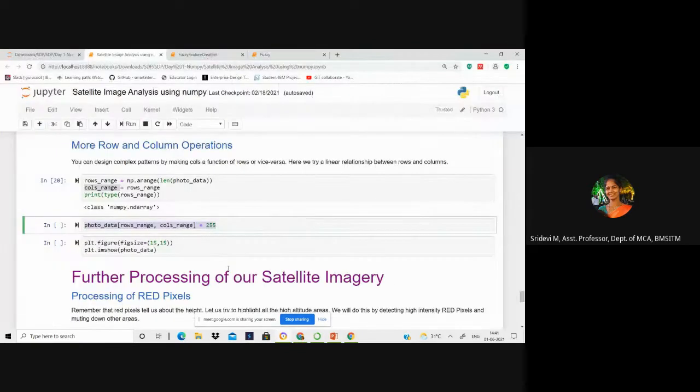Now tell me, in our image, we are trying to select all the diagonal values. Where rows is equal to columns, it represents diagonal values. Now we are making it 255. Can anyone tell me what happens to the image now? Irrespective of the layers, you are selecting all the diagonal pixels and making them 255.